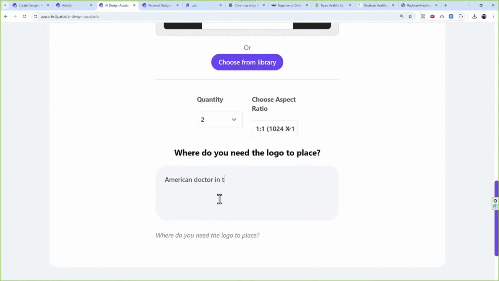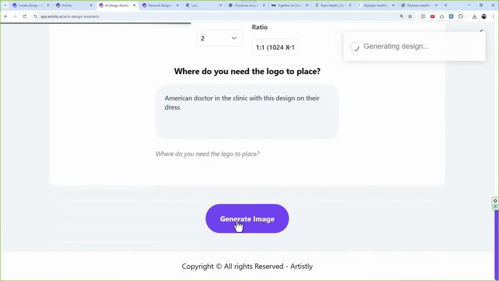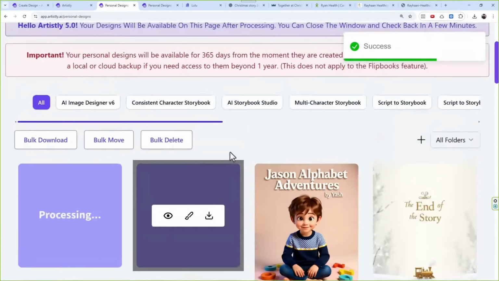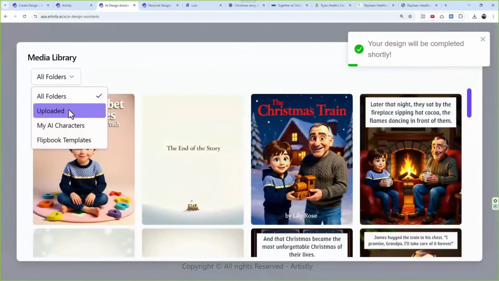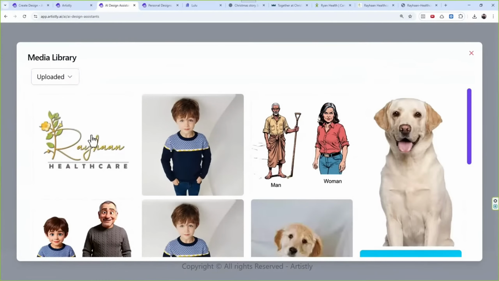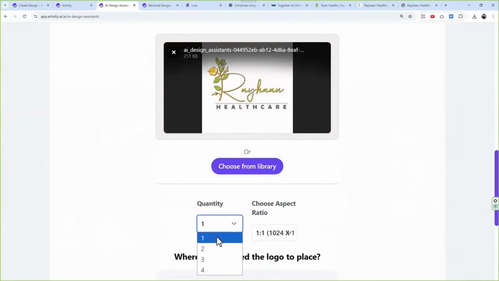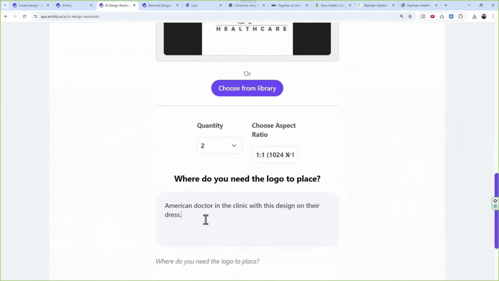Now, let's say I do 2 and I can say American doctor in the clinic wearing this design on their dress, right? And then you can play with it. I will show you how you can play with prompts and you can get crazy results, right? Again, go to Mockup Creator, choose from library, uploaded ones, and let's say American doctor in the clinic wearing